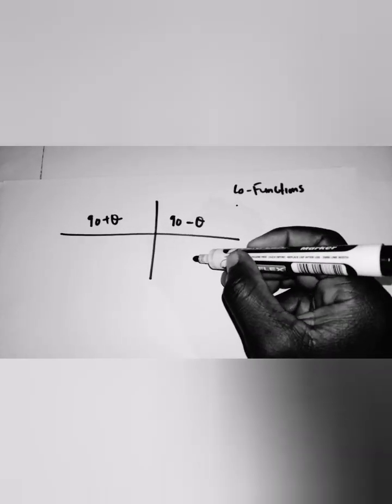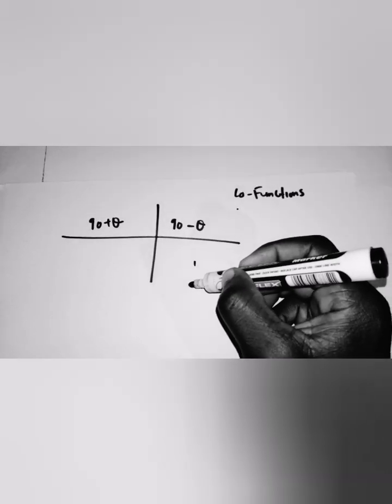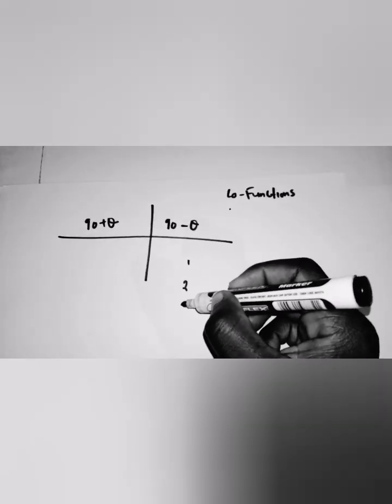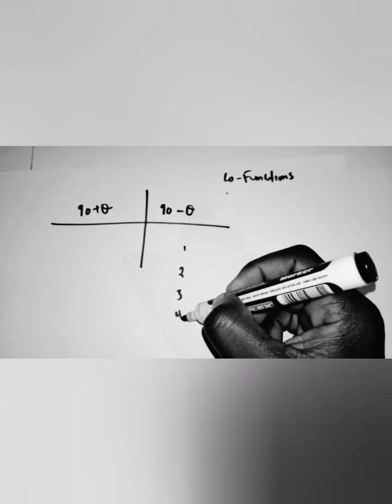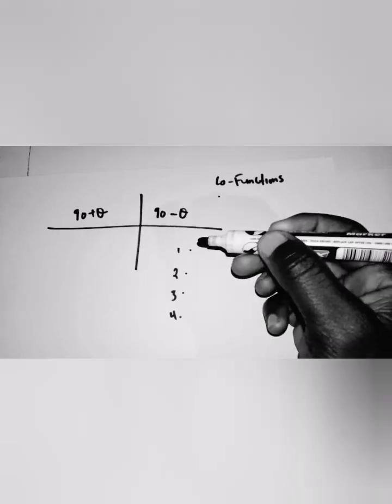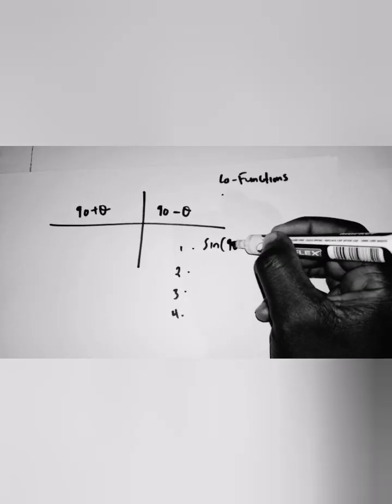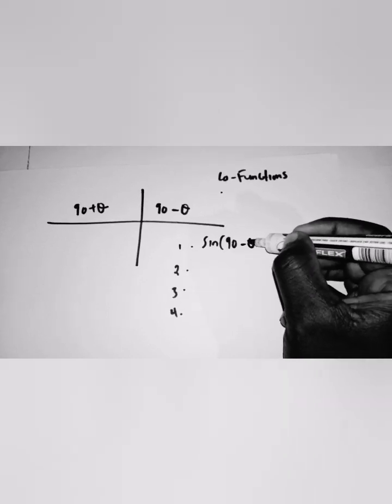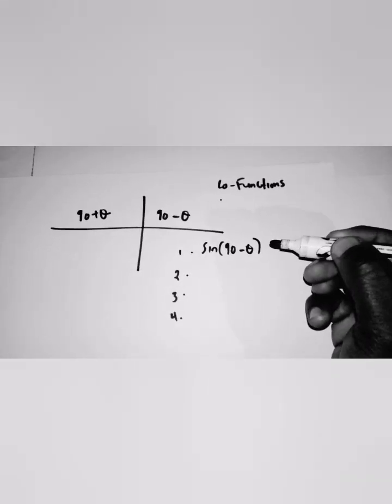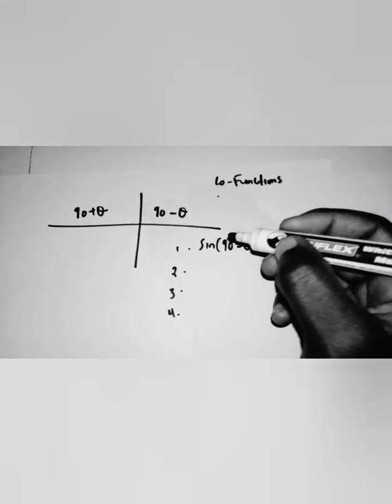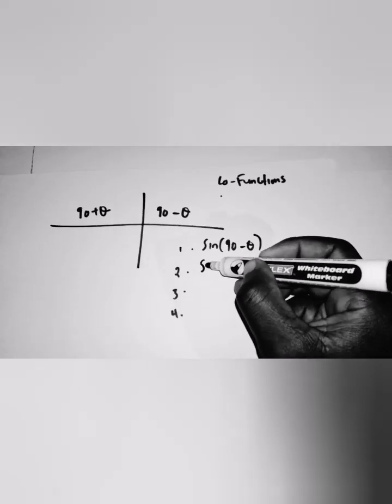So we have four of them, four cofunctions which you must know. It is very important. So sine 90 minus, and again we have sine 90 plus,